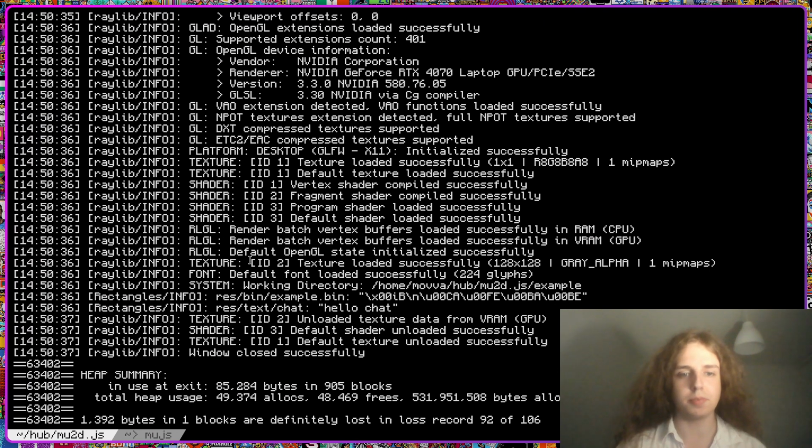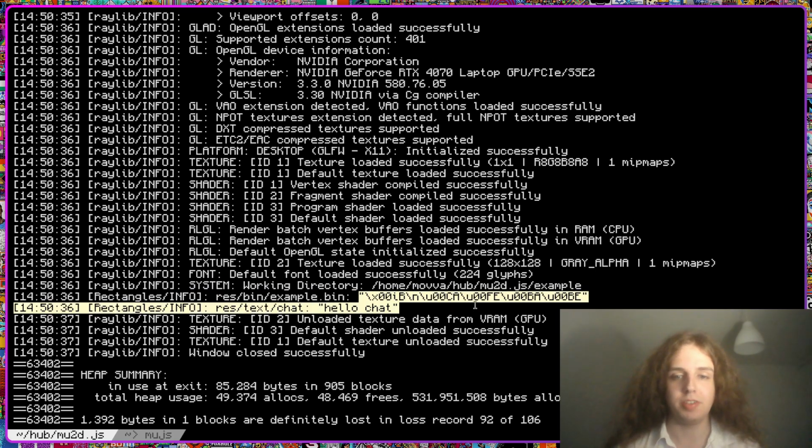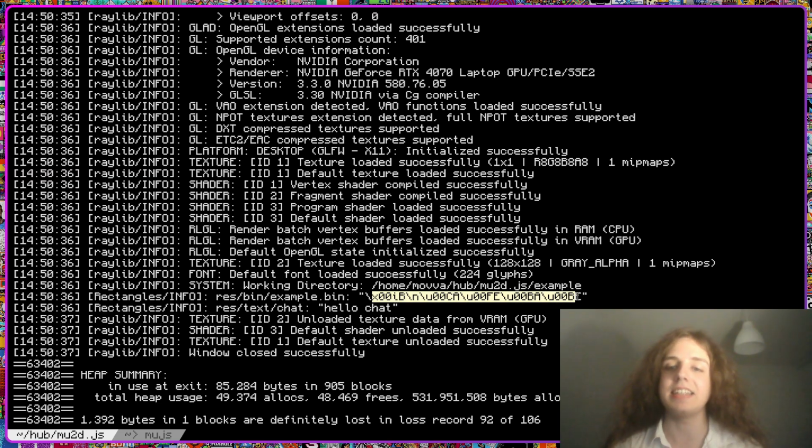In the rectangles example, the logger ID of the example, it printed a string like that, with a bizarre character escaped, because they wanted to test if binary could work, and it does.